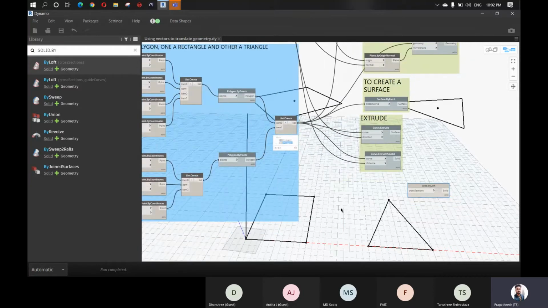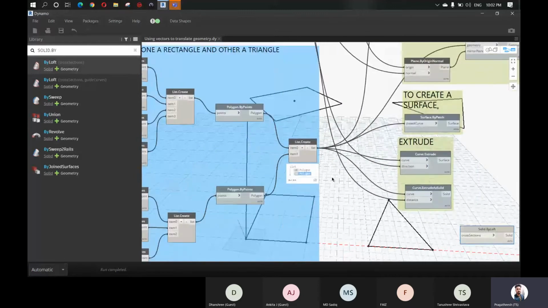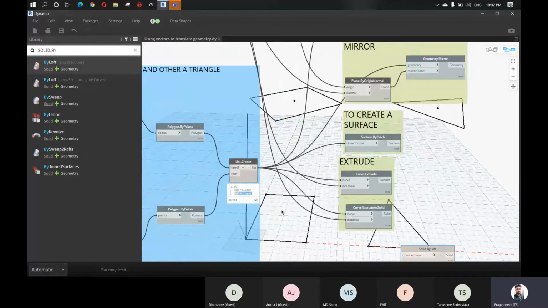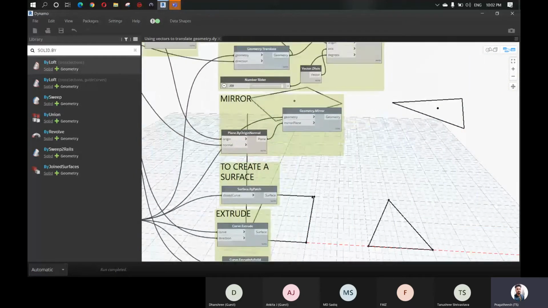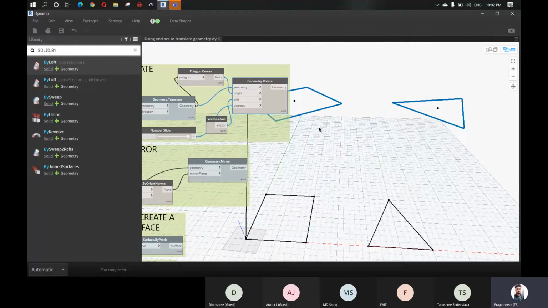So first let me create a list. Okay, so we have rotation geometry here. It has two polygons, one top square and one top triangle. Okay, so now we need to create a list of these two items.